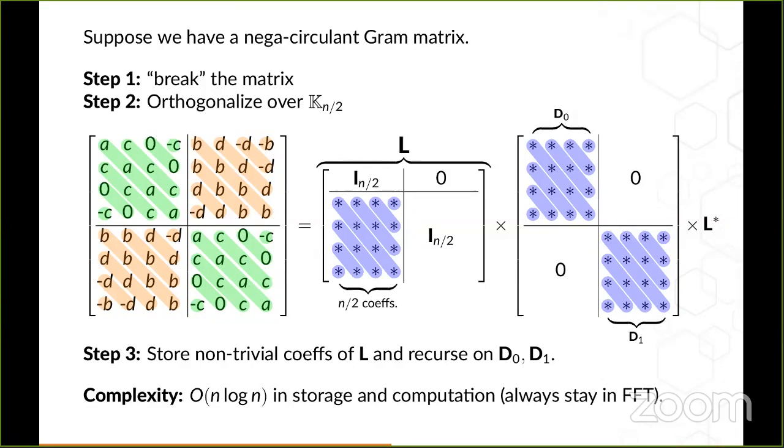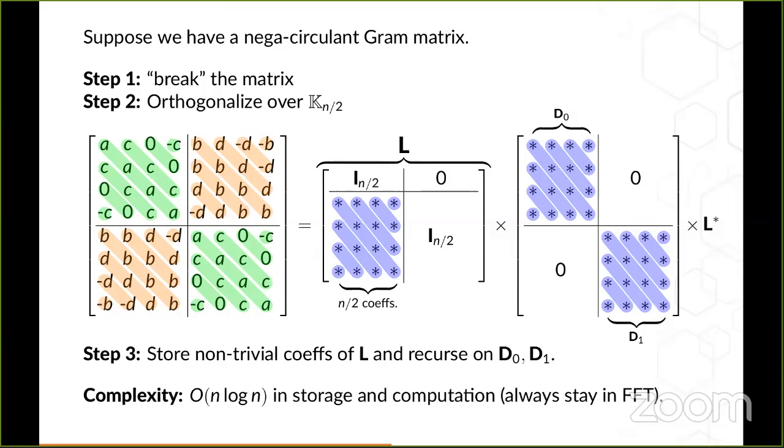But what we noticed is that all the operations that we do are compatible with the FFT, in the sense that they commute with the FFT. What this means is that instead of always doing a bunch of FFTs, we can simply do one FFT at the beginning, and then we stay in the FFT domain, and all the operations can be done very efficiently in the FFT domain. For example, multiplication is linear in the FFT domain, addition too, etc. By doing this trick of always staying in FFT, we get a complexity of big O of n log n. Okay, so that's for the orthogonalization part.